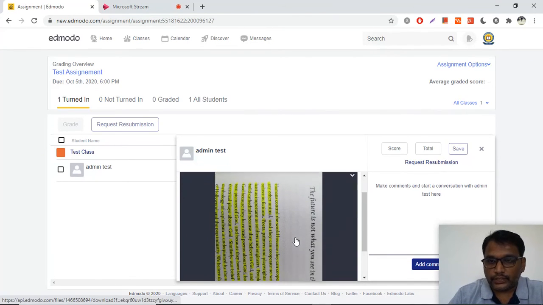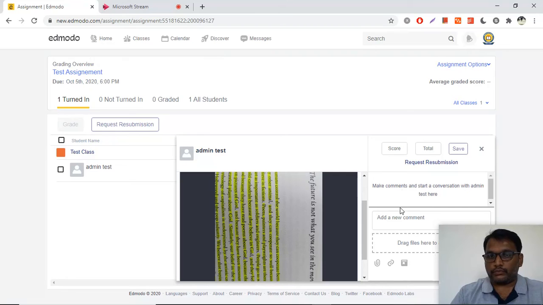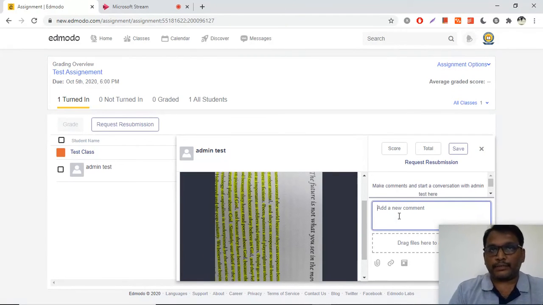After observing this, you can put some comment to children, like maybe you felt something is not right, or you want to assess them.